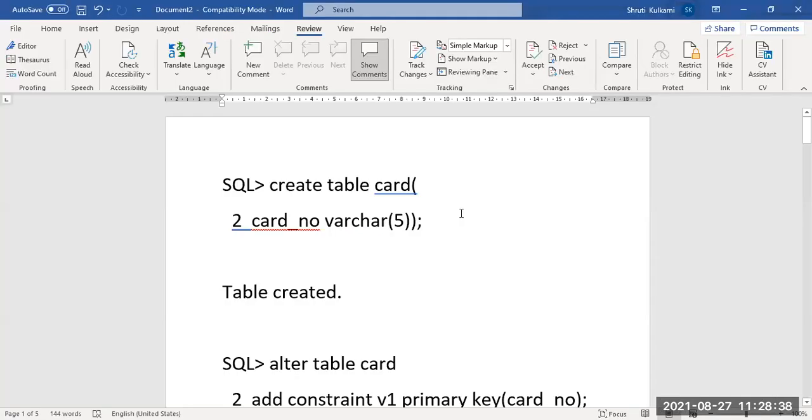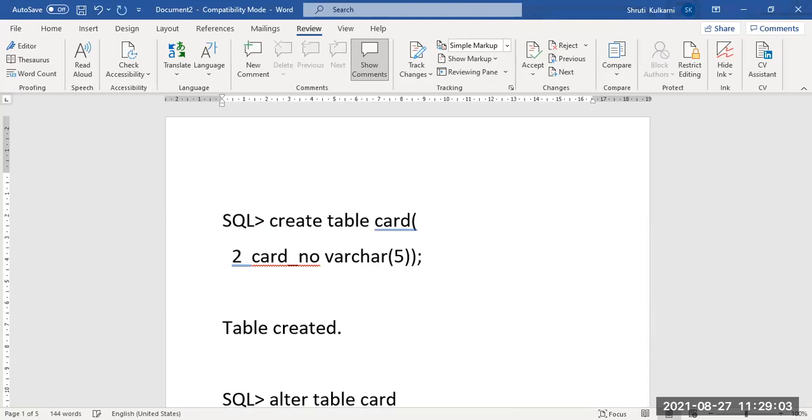Yes. The first table here, I executed in SQL command, and then I copied and pasted it here. Directly, I'm going to explain here. You know very well how to create a table, which was explained at the start. So, according to the library database, my first table is the card table, as the card table has only this one attribute here. For the card table, I have written create table card, open parenthesis.